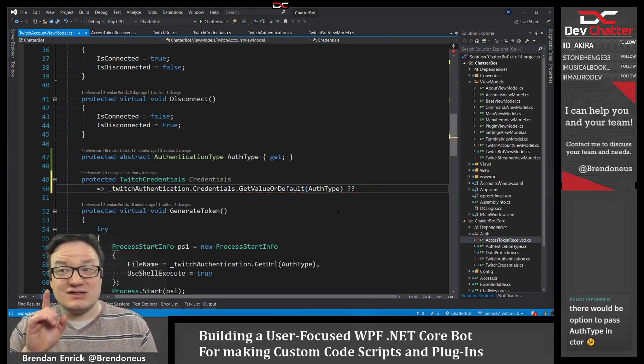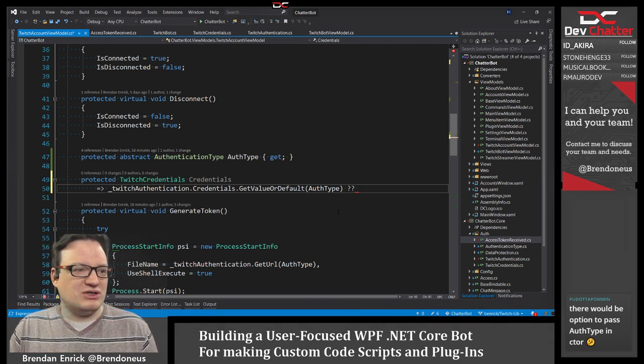The default of that is going to be null. So alternately, what you're going to do instead is return back